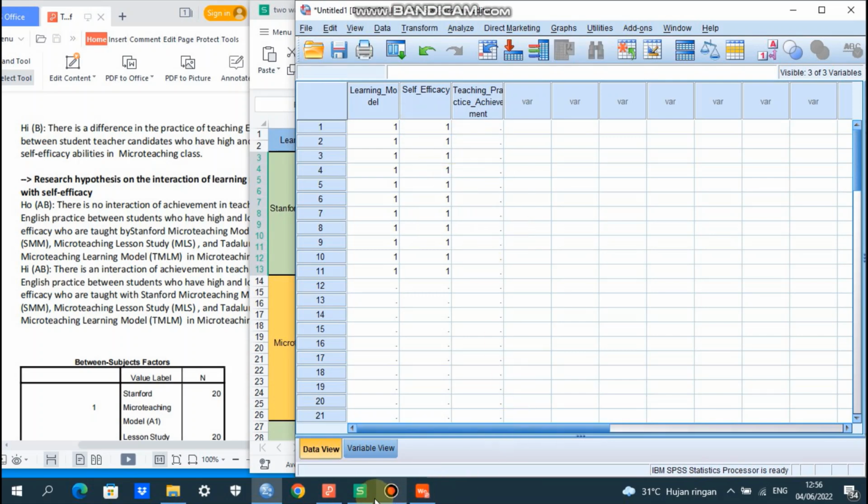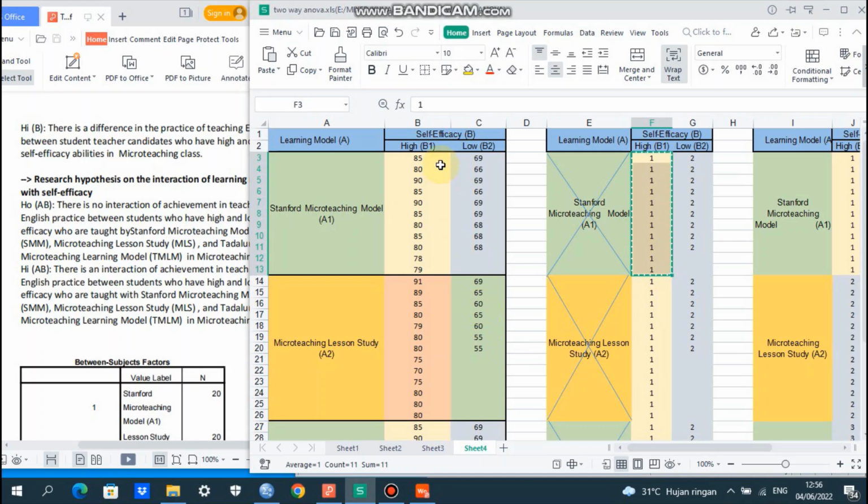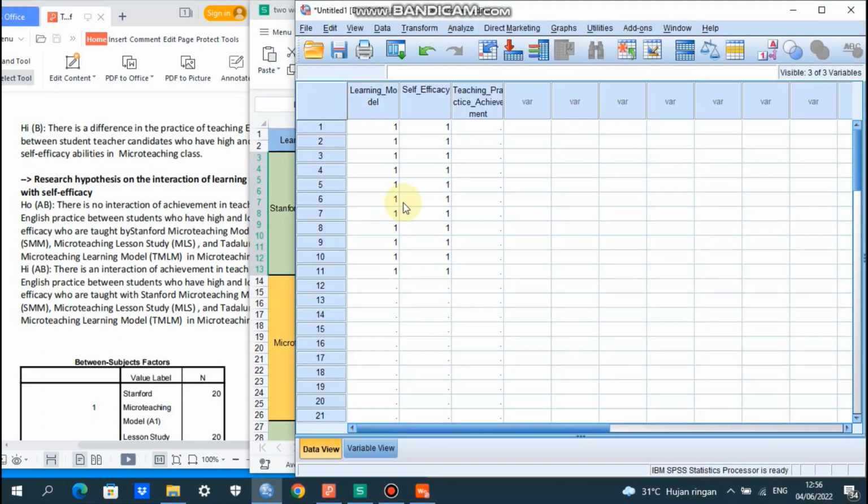After that, we go to the scores of students with high self-efficacy joining the Stanford micro teaching model. We paste it in here.